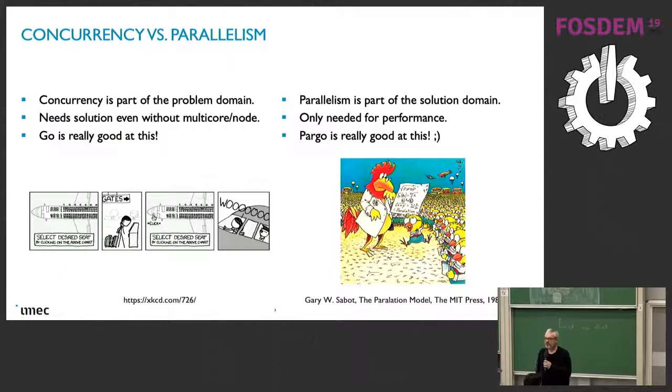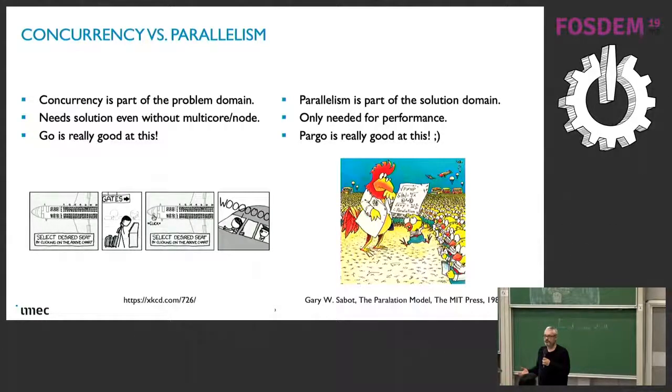So when do we have concurrency in a problem domain? One typical example is when you have an airplane reservation system. It may happen that several different people want to book the same seat at more or less the same time. Then you have a concurrent problem that comes from the problem domain that you need to solve somehow. And Go is really good at this. So you have Go channels, Goroutines, all these lovely features that allow you to really solve these issues from the